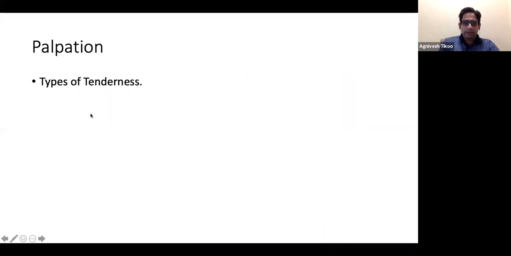So for palpation, you check temperature, tenderness and all, but before you palpate the patient's spine, it is always nice to run your hand all the way down the median furrow of the spine, because that way you may understand which is the painful part. If you directly try to press, you may end up at a part where the patient is having severe pain and the patient gets upset with you that you touched a part and it caused severe pain. So that also prepares them that the doctor is going to examine you when you run your hand like that.